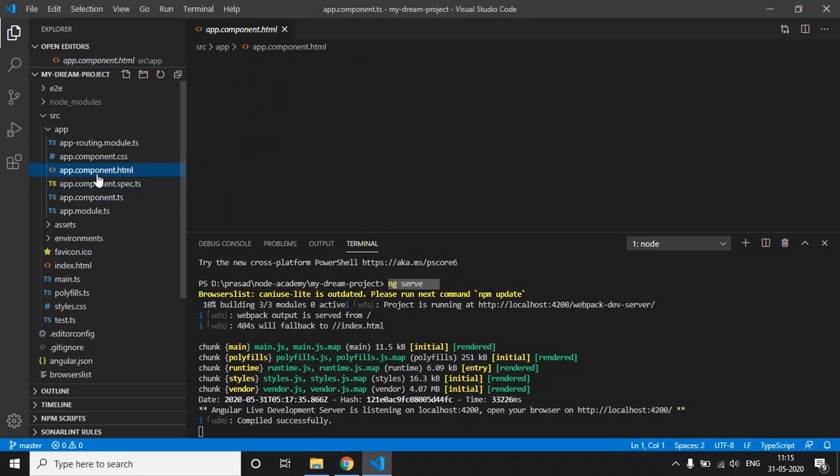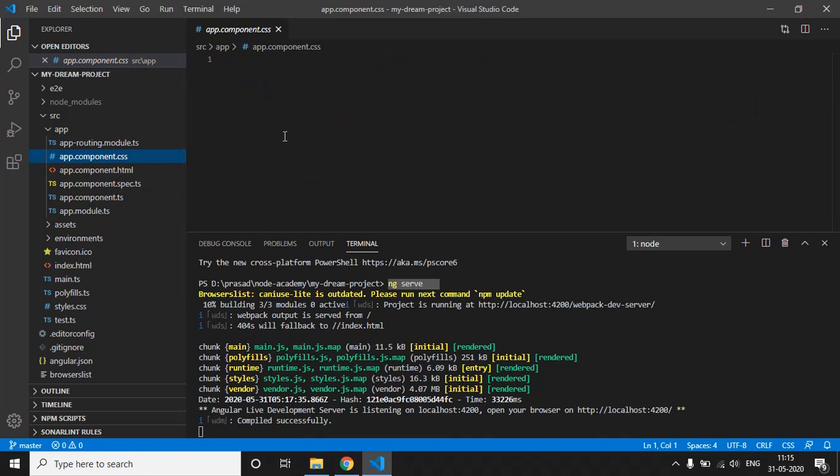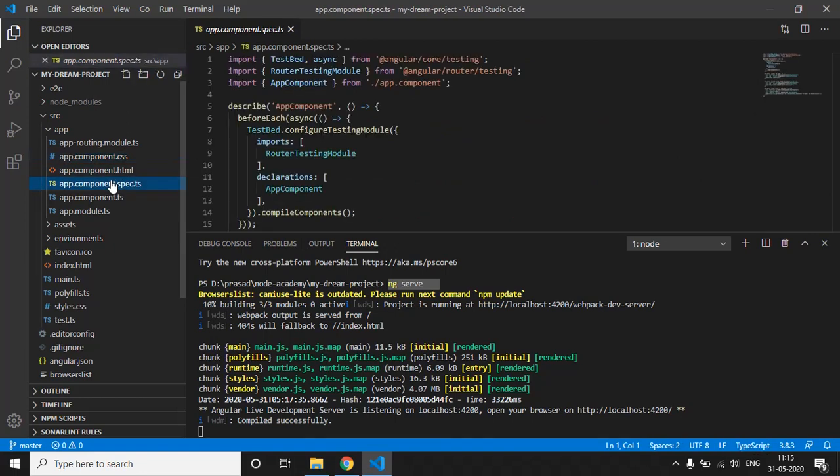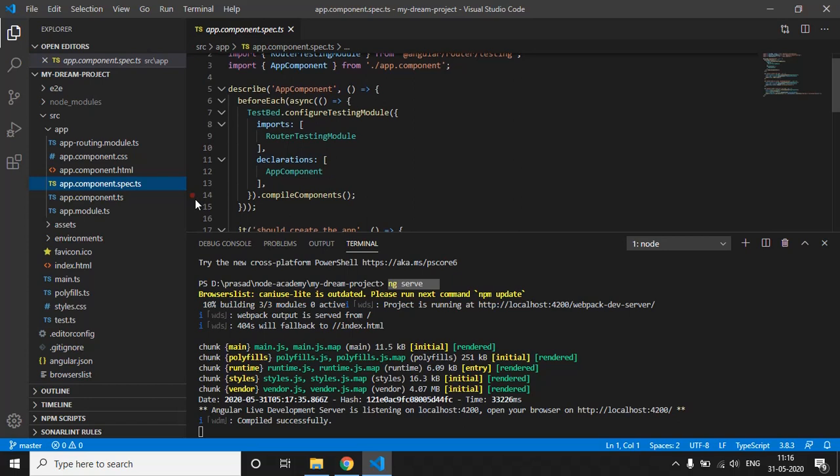All the HTML code we want to show on this component, we can write in this app.component.html file. If we want to apply some styles to this component, we can write the code in this app.component.css file. If we have to write any tests for this particular component, we can write them in this spec.ts file.